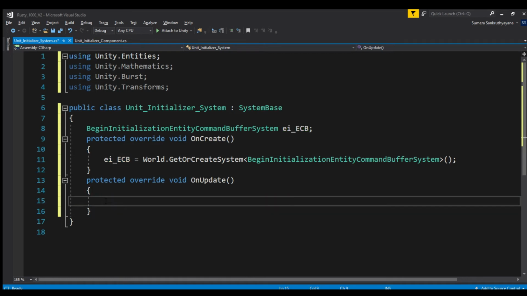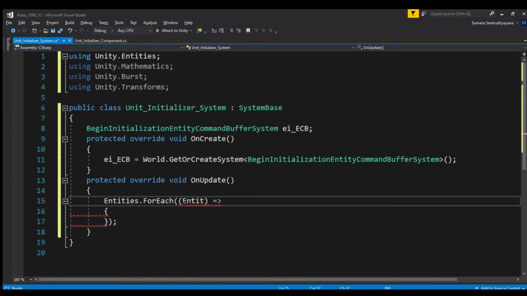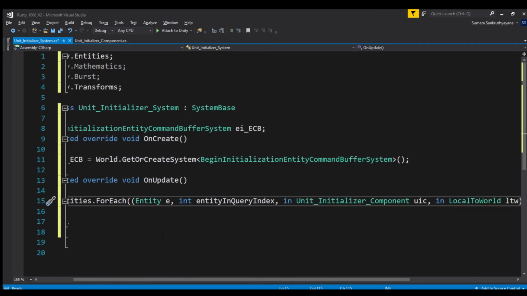This is a much better way to do it even while not using jobs, as it will enable us to use the Burst compiler even on the main thread. There are several sync points made available to us from Unity, and it is recommended that we use one of them instead of creating our own sync point. Here we are going to use BeginInitializationEntityCommandBufferSystem.